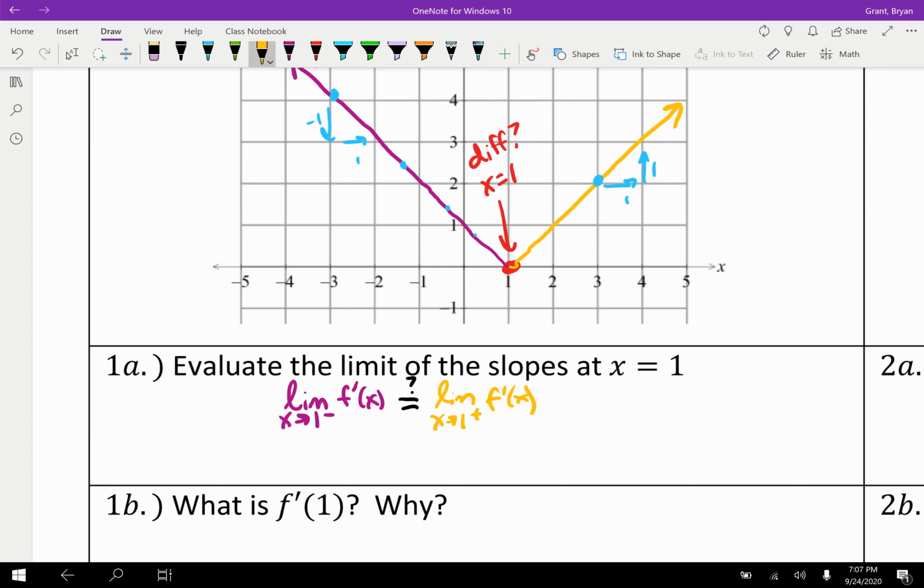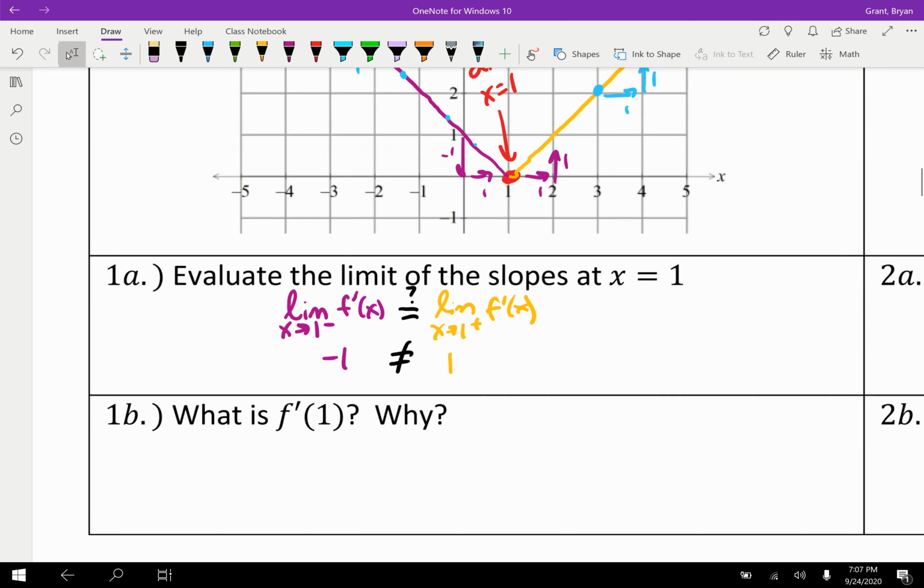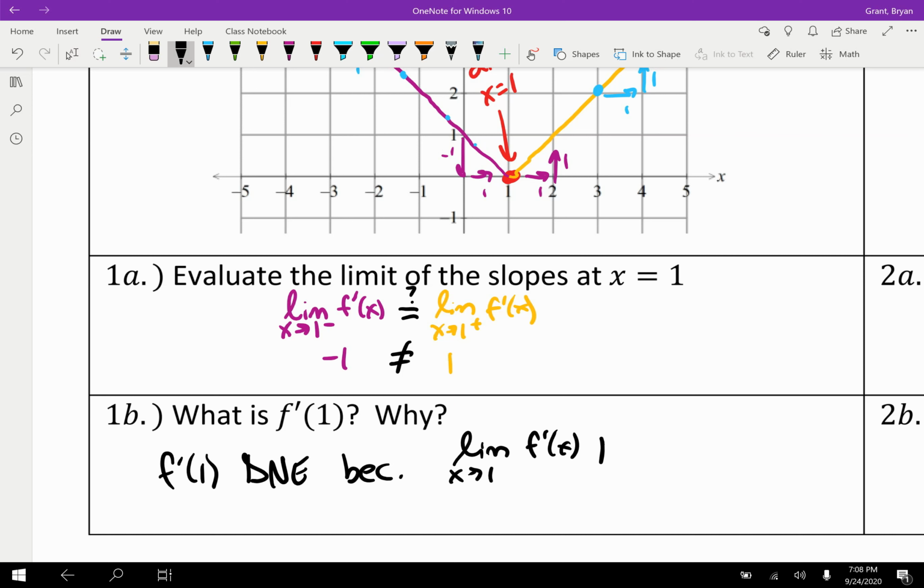Well, hopefully you're saying, no, they're clearly not, because this slope is down 1 over 1. This slope is over 1 up 1. So we have a slope of negative 1, which is clearly not equal to a slope of positive 1. What that means is, because the limits of these slopes aren't equal, exactly at 1 there is no slope. So in this case, we would say that f prime of 1 does not exist, because the limit as x approaches 1 of f prime of x, from both sides,